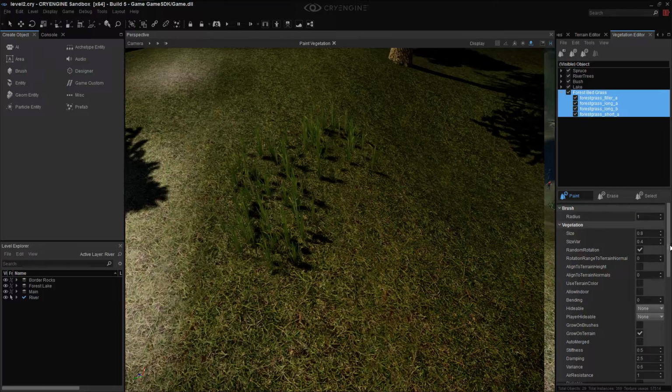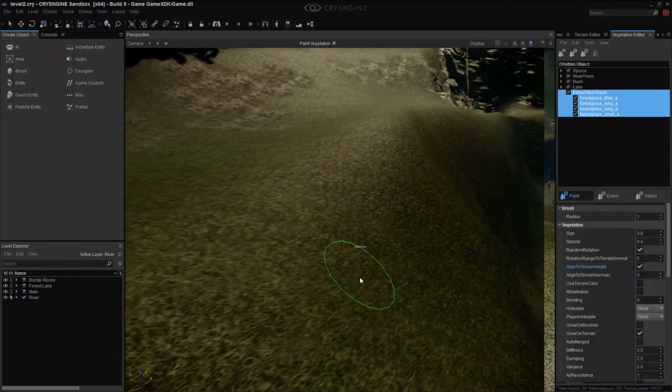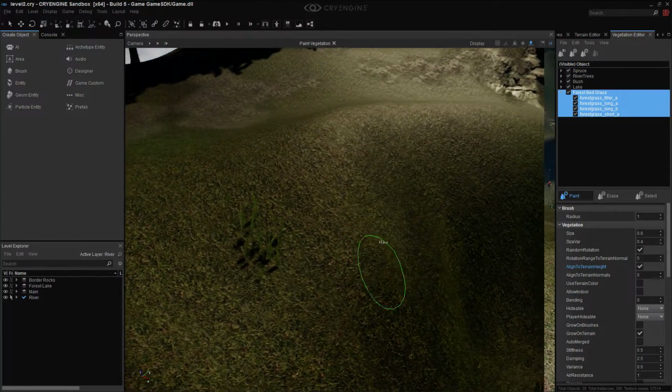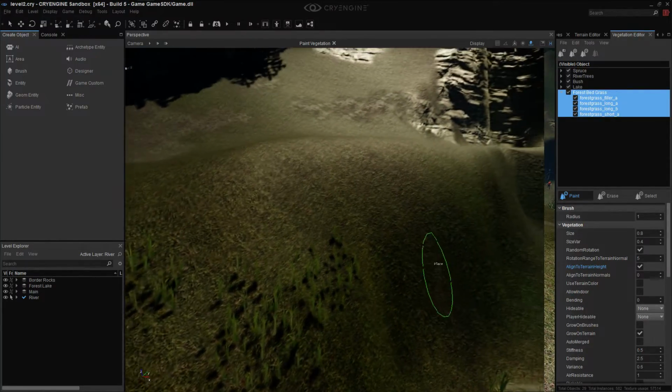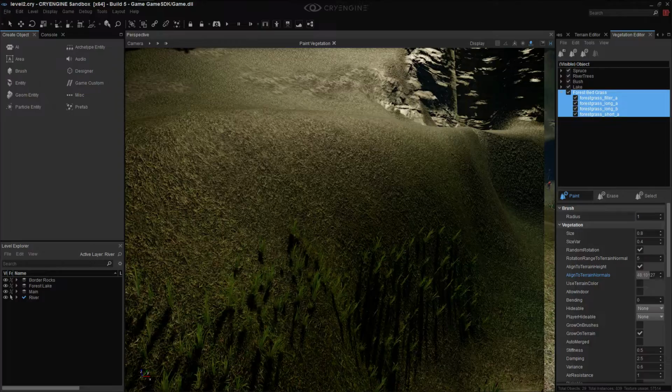And then there's another option, rotate range to terrain normal. So you can set up rotation of the objects of the vegetation in relation to terrain. Then you can align to terrain height. So let's say if I paint here, yeah, you see, if I align to the normals,